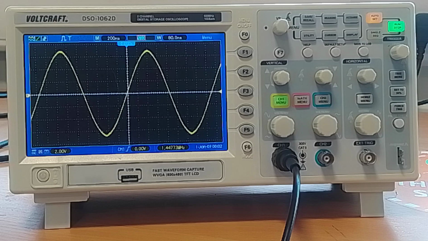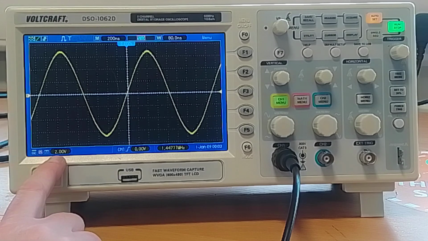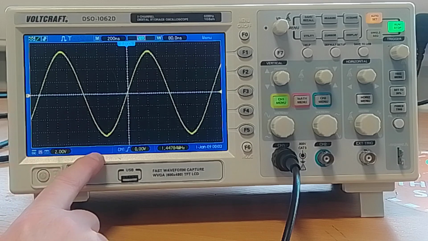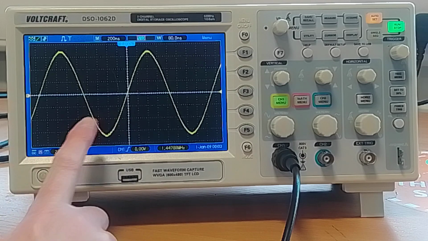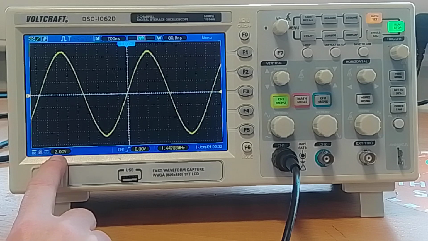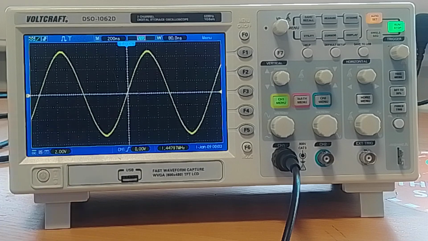So it's an AC signal, meaning it's alternating. You can see down here, it tells you the volts per division, in yellow for the yellow signal. If we had something on channel 2, it'd be in blue for the blue signal. So it's 2 volts per division. So 2 volts per division means every one of these big boxes here, like going from that centre grid line